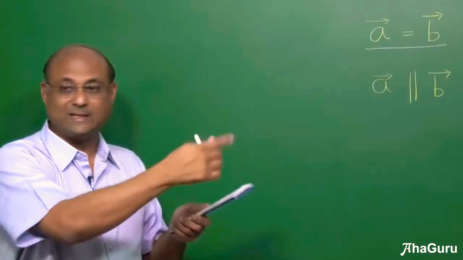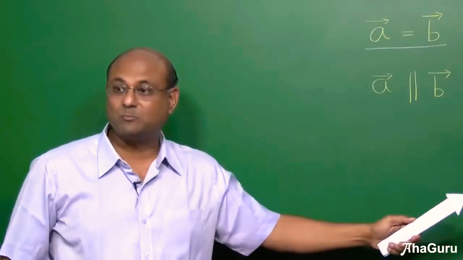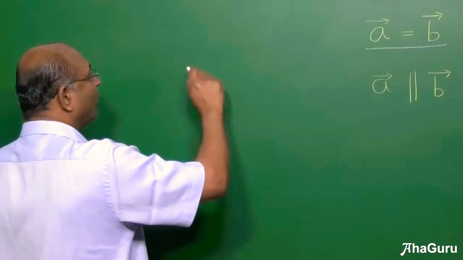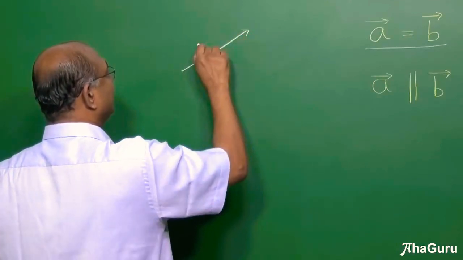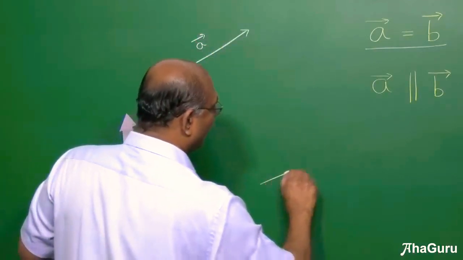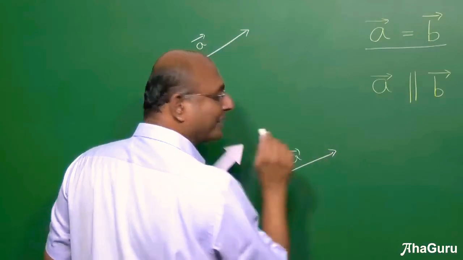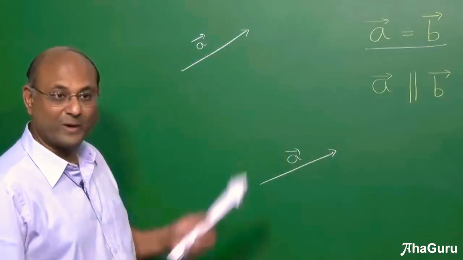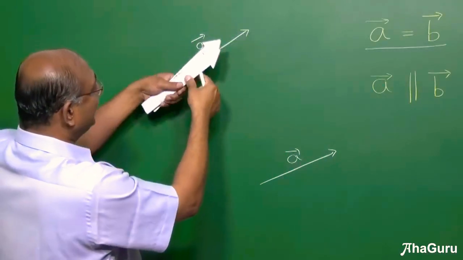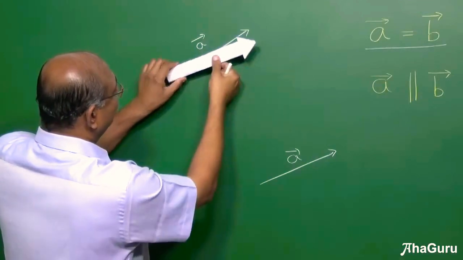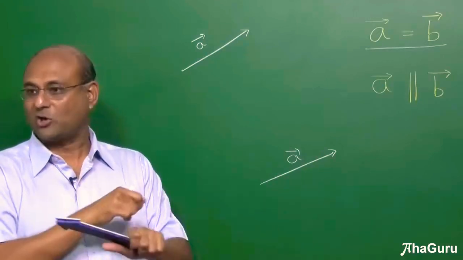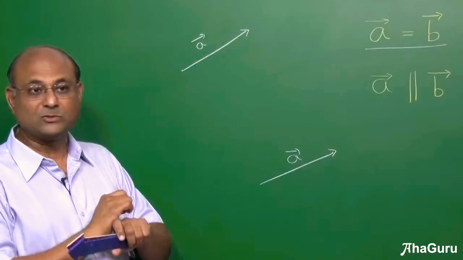What has not changed is the length. The length has not changed. The direction has also not changed, but the starting point and the ending point have changed. Now there is a small problem here. If I say that this vector is A vector, and I move this vector here, I can call this also A vector. Why? Because it has not tilted. If I did this, not the same vector. Or if I said, let's take this vector and shorten it, it is not the same. So if the vector has become longer or shorter or has changed direction, it is not the same vector.